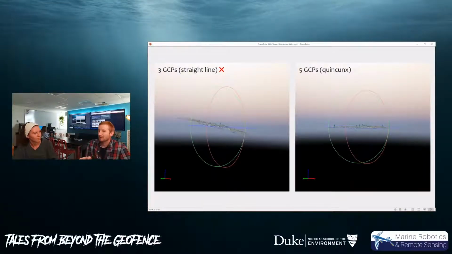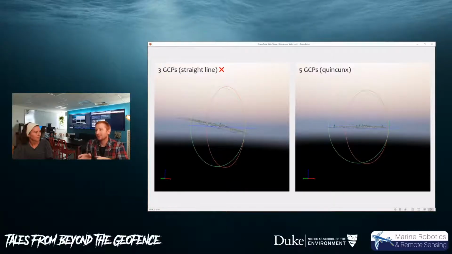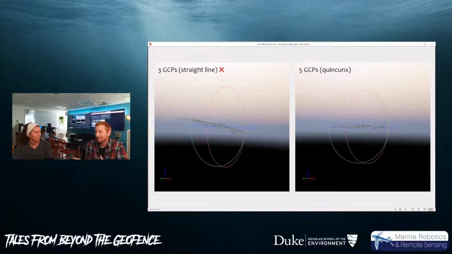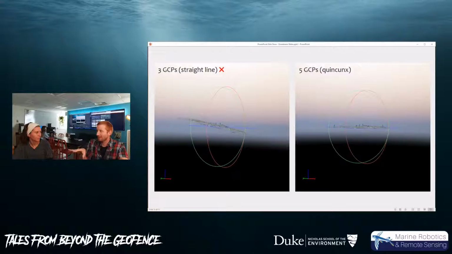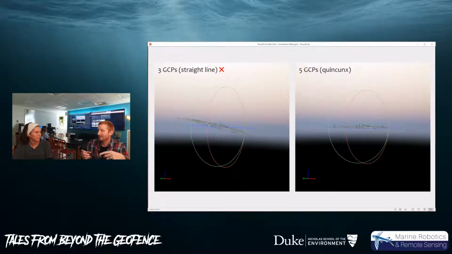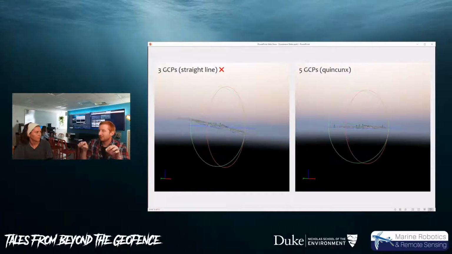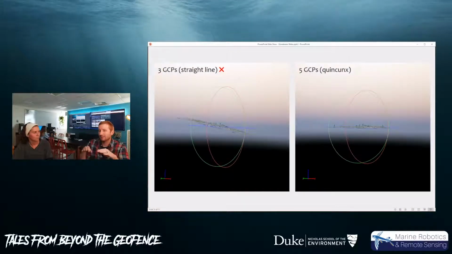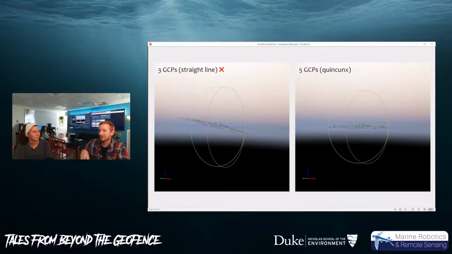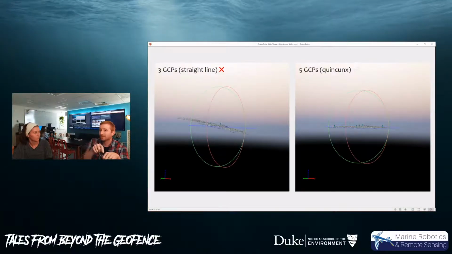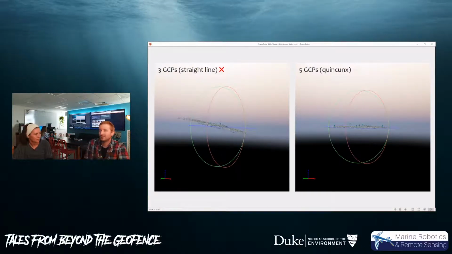Yeah. So in that situation, if there were static features that you'd be able to go back to, you could survey those in and then add those into your processing to recover that. And what we ended up doing was using the water line, features at the water line, because we knew the water line was an even surface across that area of the marsh. And so we were able to use those to correct the whole surface.